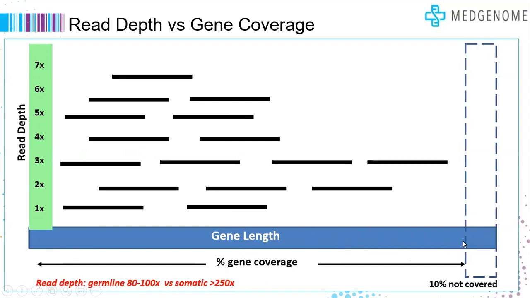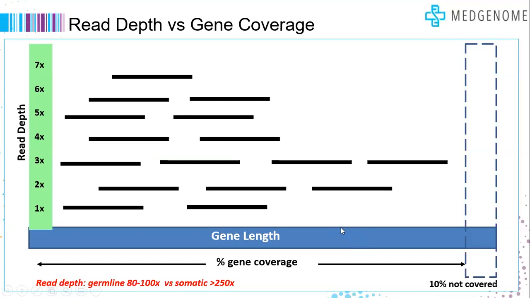Now, this coverage is dependent on multiple factors. Primarily, it starts with the way we design the RNA probes to capture the gene. It also has to do with certain biological properties of the gene, for example the nucleotide content, GC content, presence of pseudogenes, etc. There are very many factors that contribute to the coverage of the gene, and it is always wise to know the gene coverage in that particular experiment to understand and interpret the result.